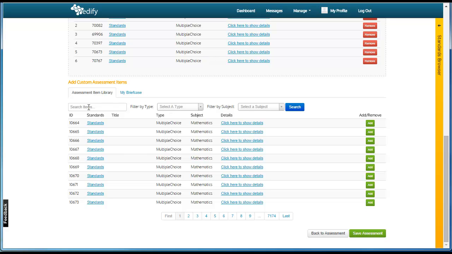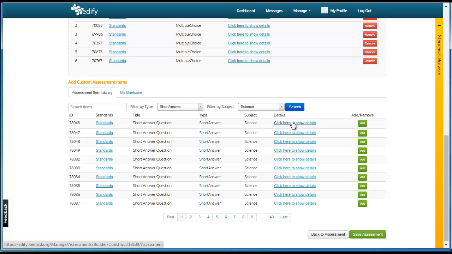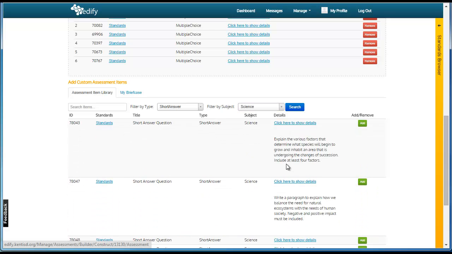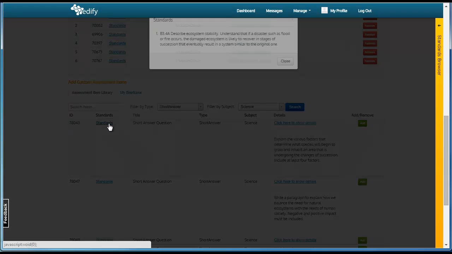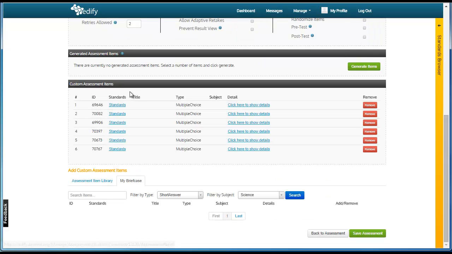To add new items, you can either search the assessment item library by selecting a question type and selecting a subject. Then you can read the assessment items by clicking to show details or see the standards associated. If you have items in your own briefcase that you have created, click the My Briefcase tab,